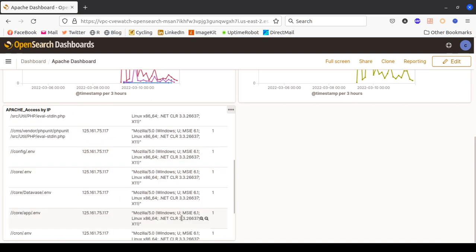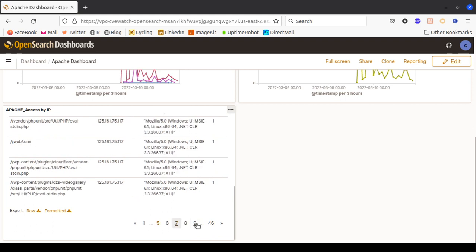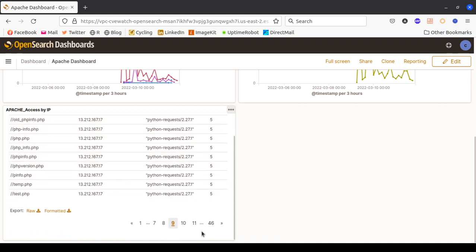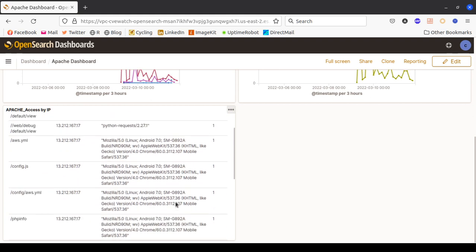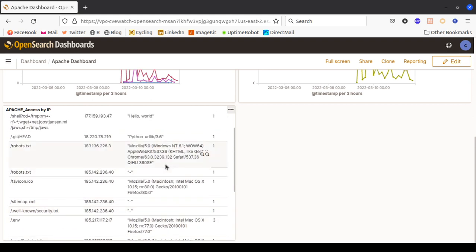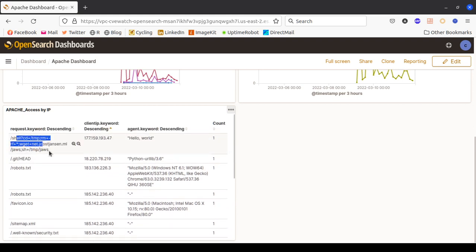It's quite a big number actually. See, someone used Python to check files or directories on my web server. Based on this, we can see someone trying to do some nasty things to my web server.